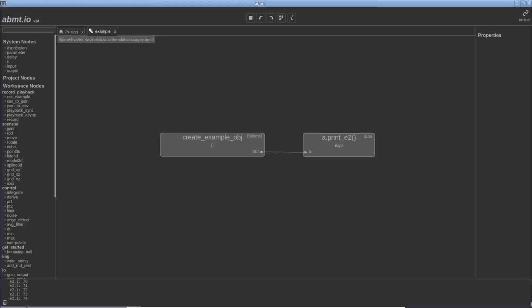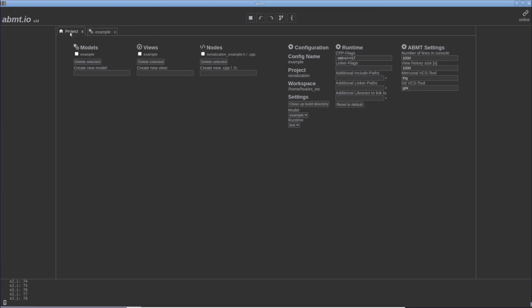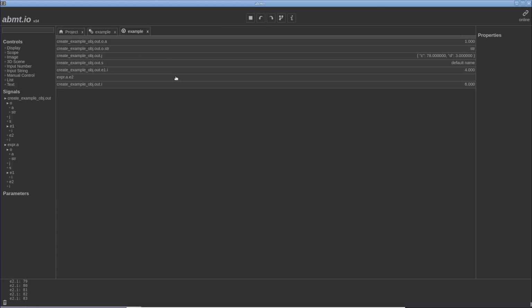So let's go. We see it's running and we see in our view that there is something changing. Here we see a JSON file that is modified or that's changing. The rest is pretty much static. And here we have an output. So why is this like this? So when we look at the signals here, we see